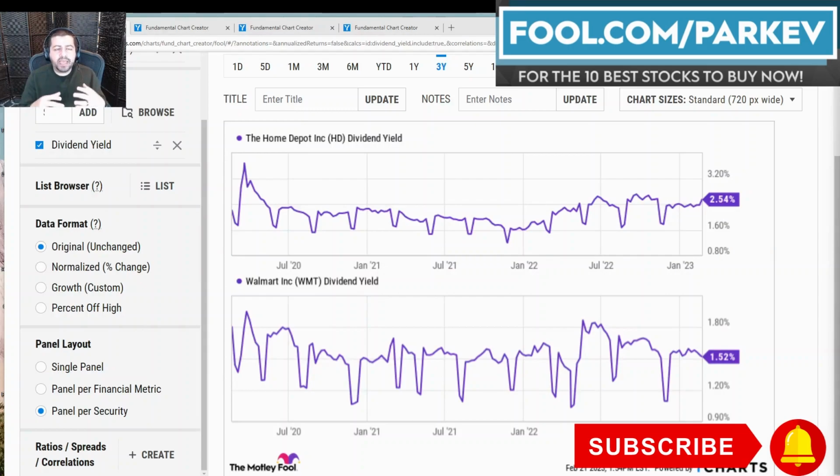So I'm going to analyze these two stocks on four different metrics, starting with the dividend yield. So let's get right into it. Now, Home Depot boasts a dividend yield of 2.54%. Meanwhile, Walmart boasts a dividend yield of